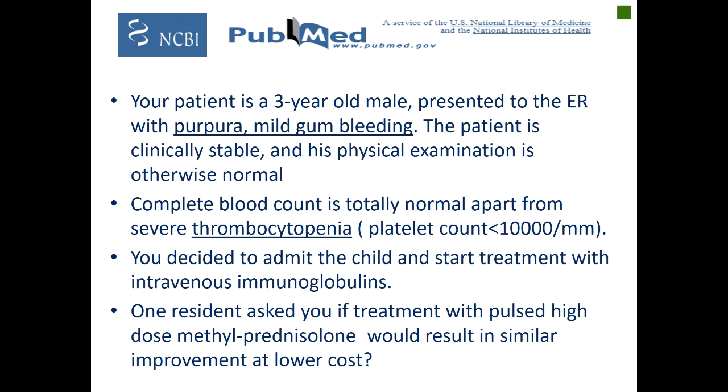You diagnose this patient as having idiopathic thrombocytopenic purpura and you decided to admit the child and start treatment with intravenous immunoglobulin. However, one of the residents asked you if treatment with pulsed high-dose methylprednisolone would result in similar improvement